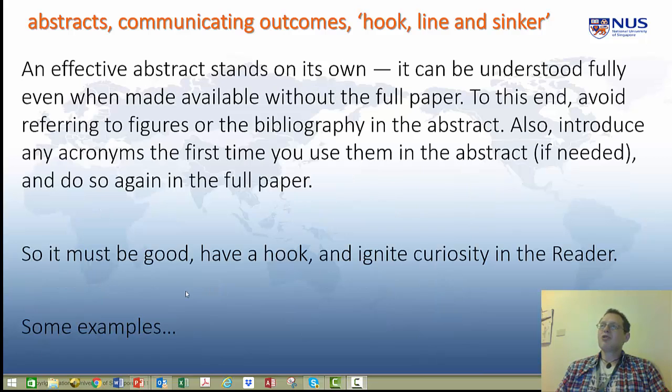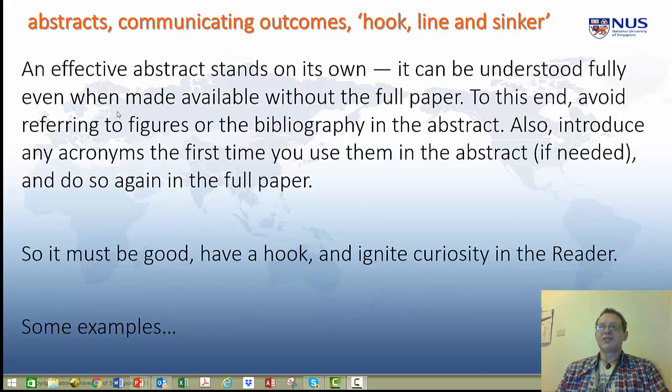Okay, so moving on. We're going to look at some examples in a moment, but because it's potentially the only thing your reader is going to read, I hope not. I hope that your abstract is so gripping that they read the whole paper straight off. But the sad fact is, or the stats are, that probably won't be the case for every paper you write. Anyway, an effective abstract therefore has to stand on its own. It must be able to be understood fully, even when the full paper is not there. So there's a few rules that come from that.